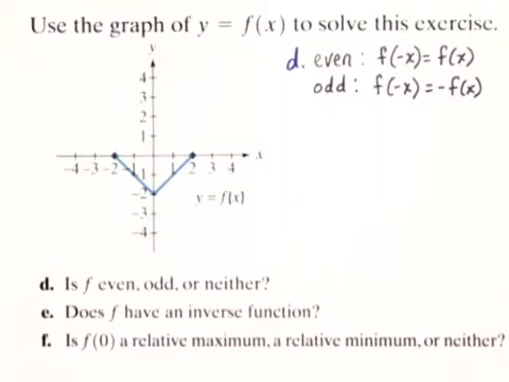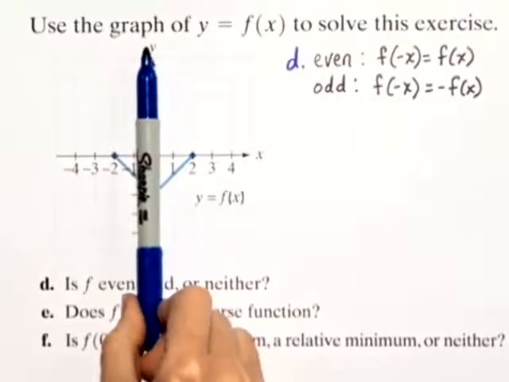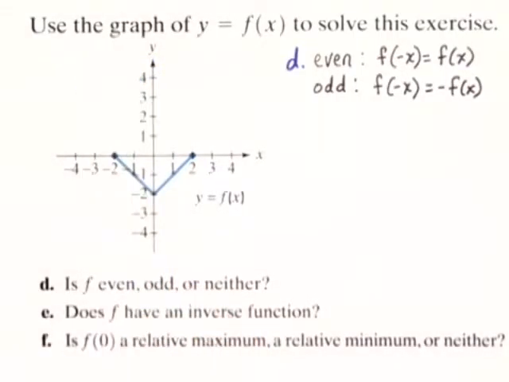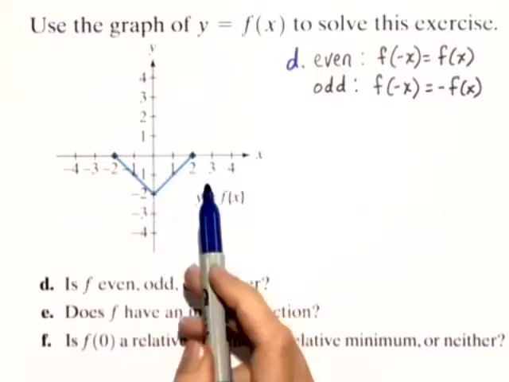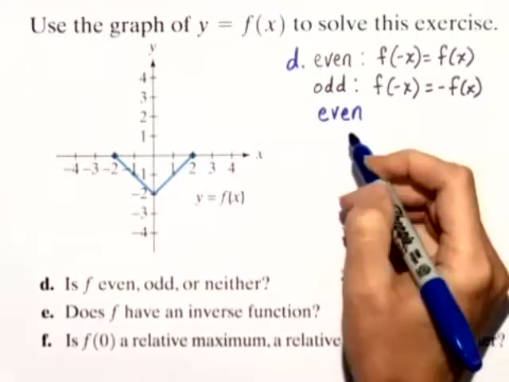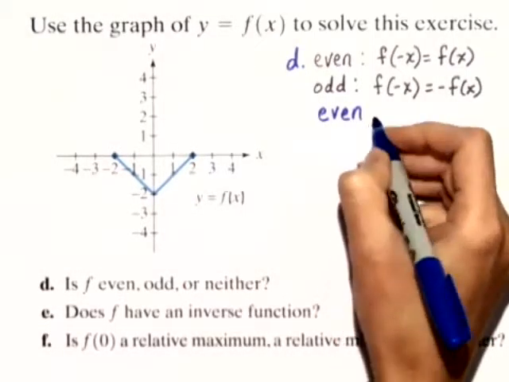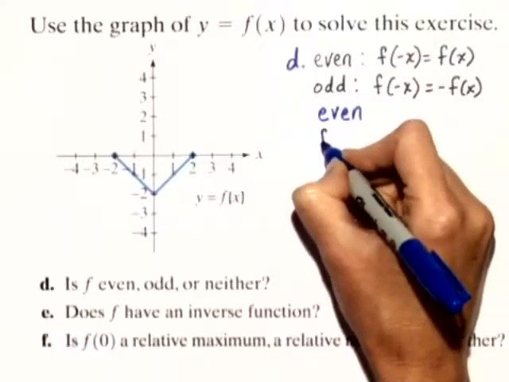Anytime a function is even, it's symmetric with respect to the y-axis. And in this case, we can see that our function is symmetric with respect to the y-axis. So we can see that it's even. But let me talk a little bit more about why it's even. Let's look at a couple of different values. We see that f of